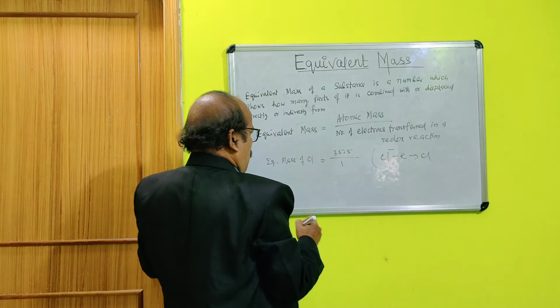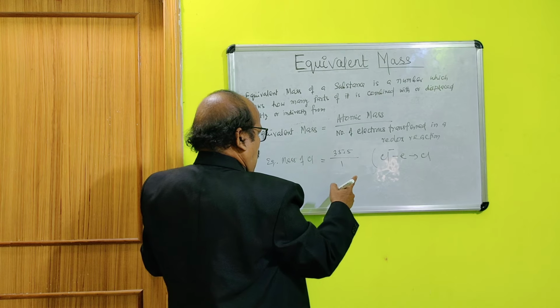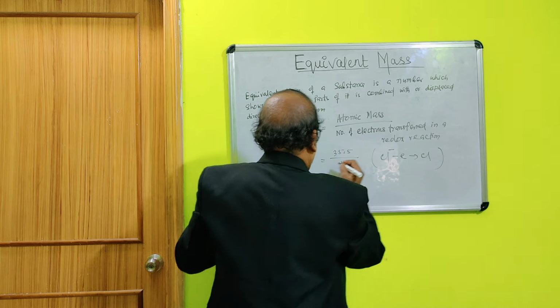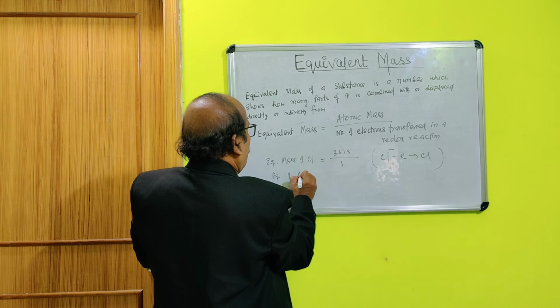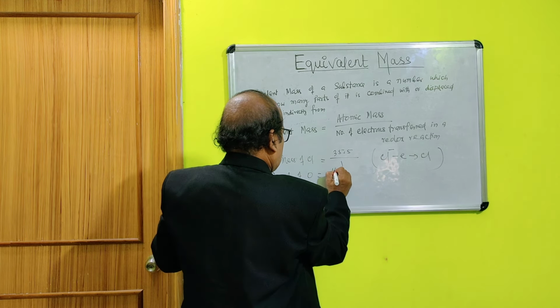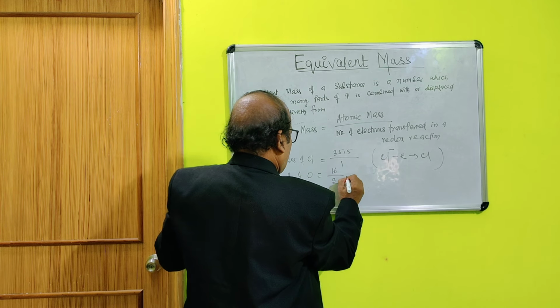So chlorine has equivalent mass 35.5. Equivalent mass of oxygen is 16 by 2, because